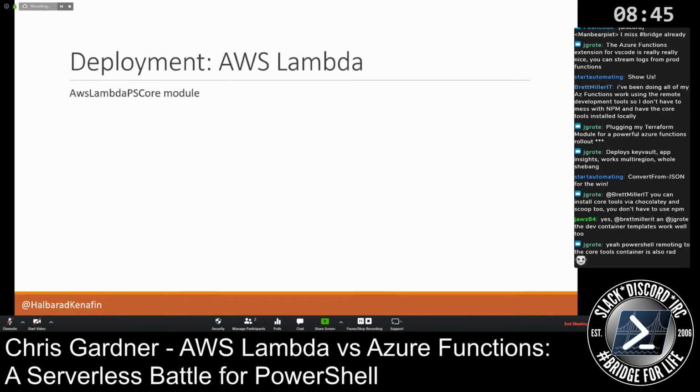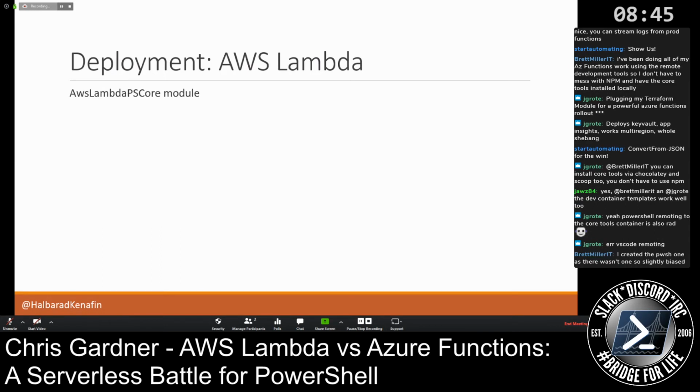It packages up your script, plus all of the dependencies, plus all of the stuff that's needed, like PowerShell 7, and some of the runtime stuff from PowerShell, and a little bit of funky other stuff that it needs to trigger that correctly, and zips it all up, which is great. And then publish does the same thing, but pushes it into Lambda for you.